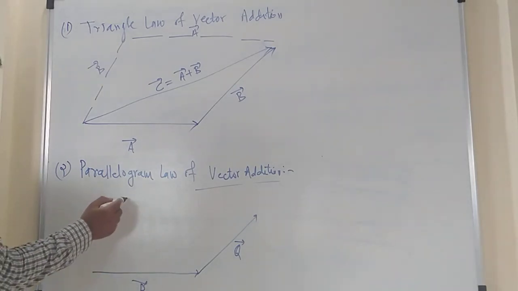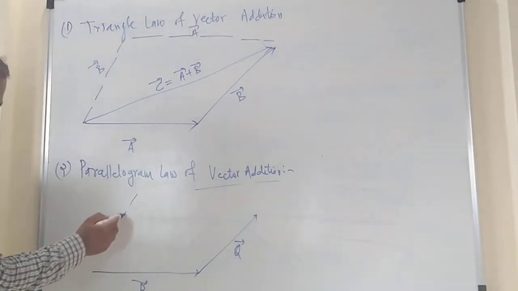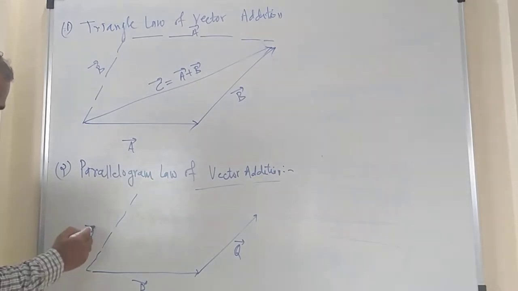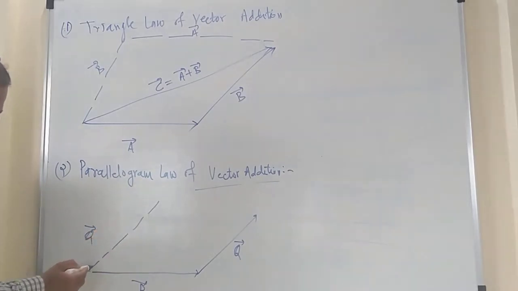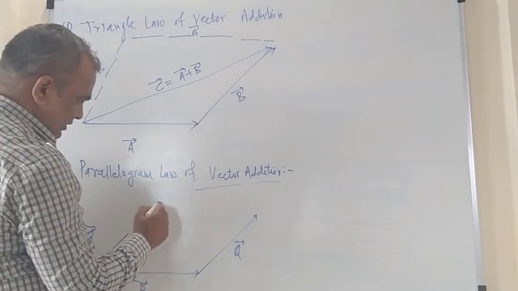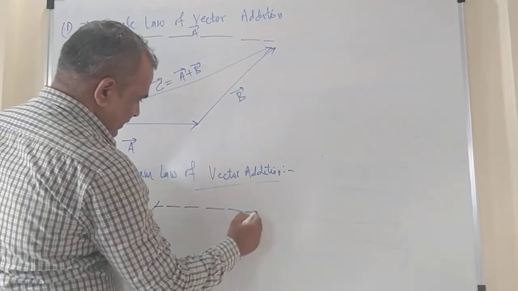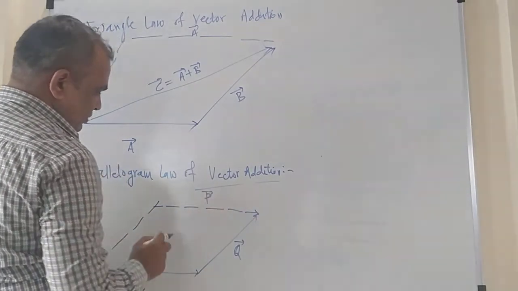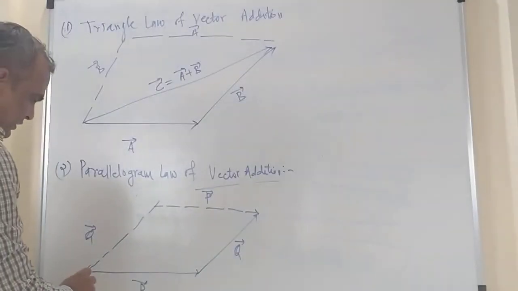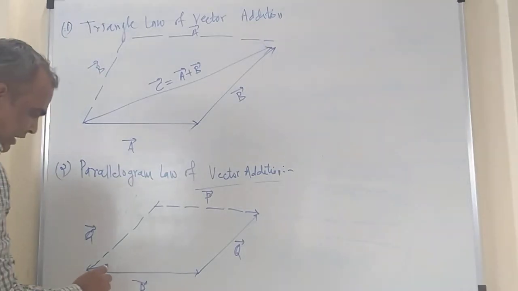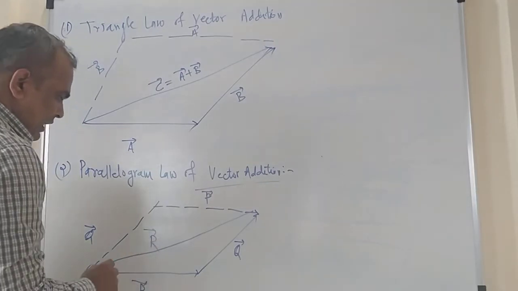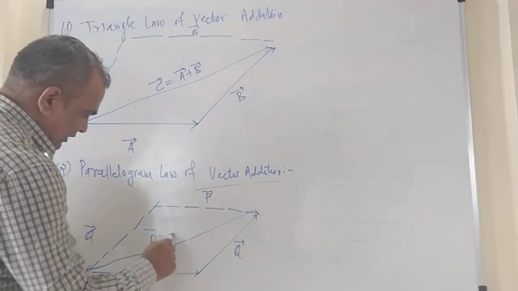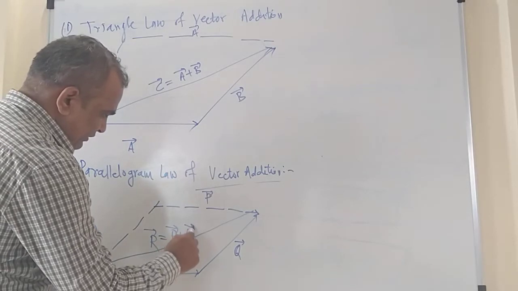You can draw the parallelogram by drawing the parallel side to Q. So let us say this is Q bar, and let me draw it in a correct way. So this is your Q bar and this is your P bar. Got it? So by using the parallelogram law of vector addition, the resultant is given by drawing the diagonal to it. So let me represent the resultant vector R bar is equal to P bar plus Q bar.